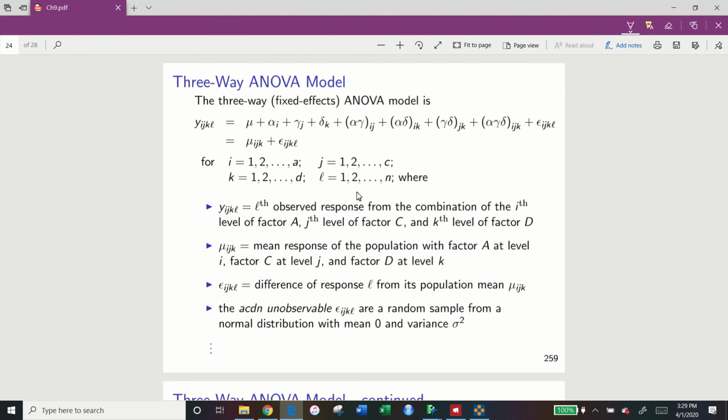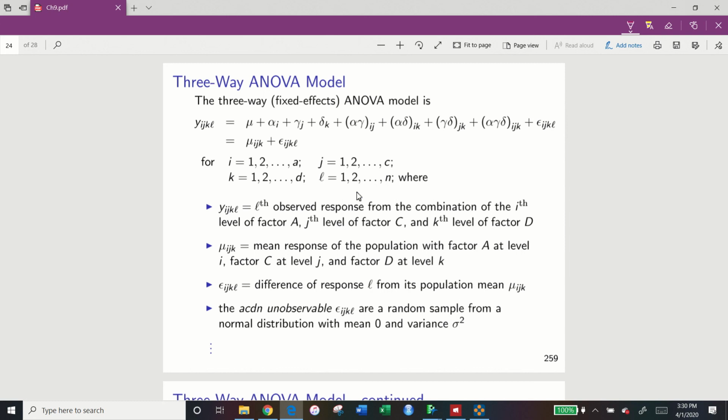The three-way fixed ANOVA model is y_ijkl equal to mu plus alpha_i plus gamma_j plus delta_k plus the two-way interaction effect of alpha times gamma_ij plus alpha times delta_ik plus gamma times delta_jk plus the three-way interaction effect of alpha times gamma times delta_ijk plus epsilon_ijkl, which is equivalent to mu_ijk plus epsilon_ijkl, for i equal to 1, 2, all the way to A, j equal to 1, 2, all the way to C, k equal to 1, 2, all the way to D, and l equal to 1, 2, all the way to N, where